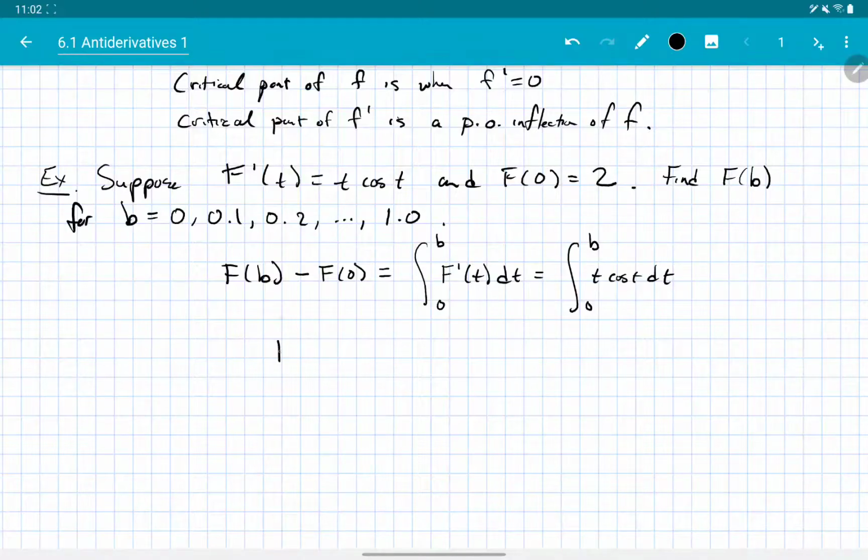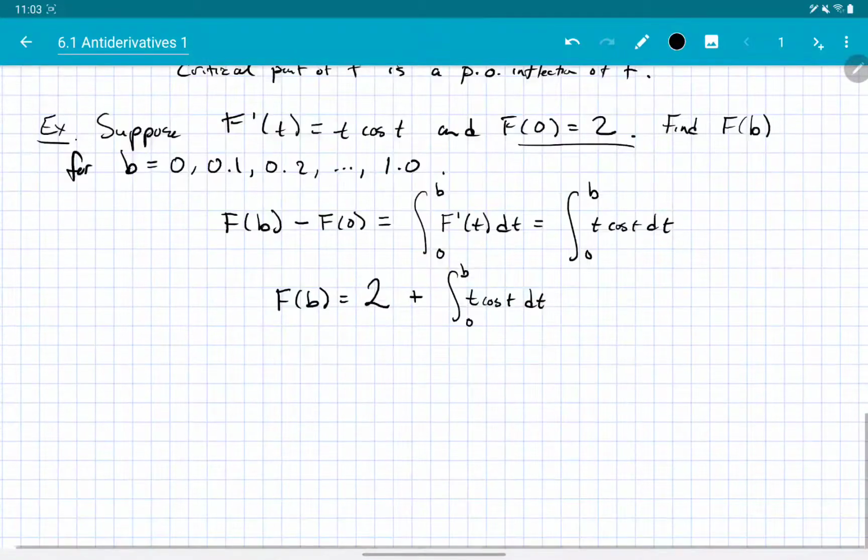So that in particular means that f of b will be equal to f of 0, which we've been told is 2, plus the integral from 0 to b of t cosine of t dt. So now if we want to make a table of values,